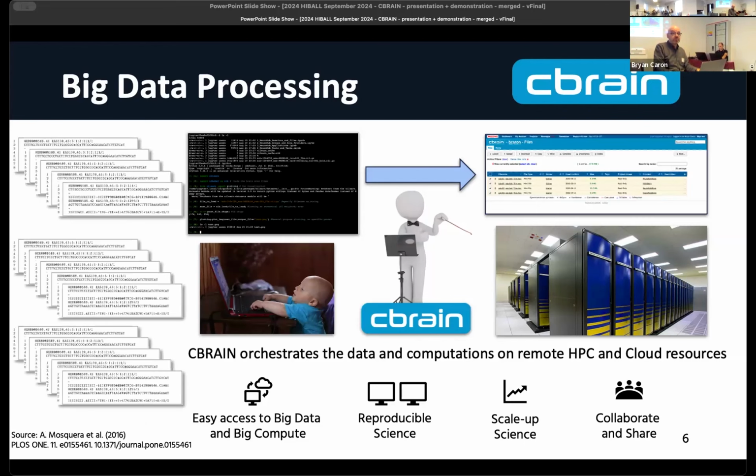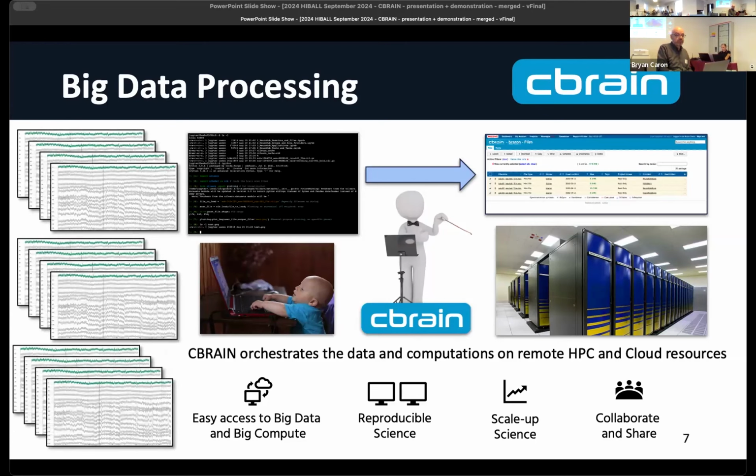It also applies to more on the transcriptomic side. I'll touch on some of the single cell transcriptomics tools that have already been brought into CBRAIN, again given that it's fundamentally agnostic to the actual science. And we also do other ones more oriented toward EEG, for example. That's another one that we have. So there's a wide variety of modalities and different data types that can be worked on within the CBRAIN context that we'll touch upon in a little bit today.